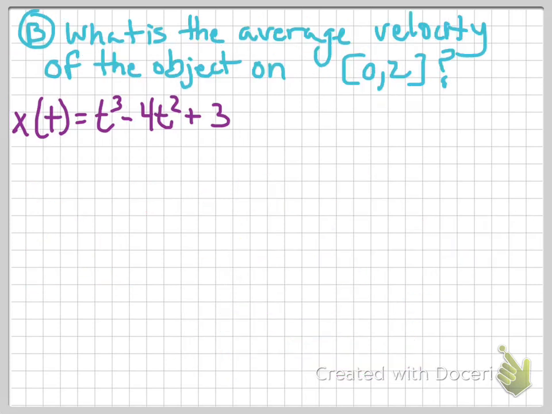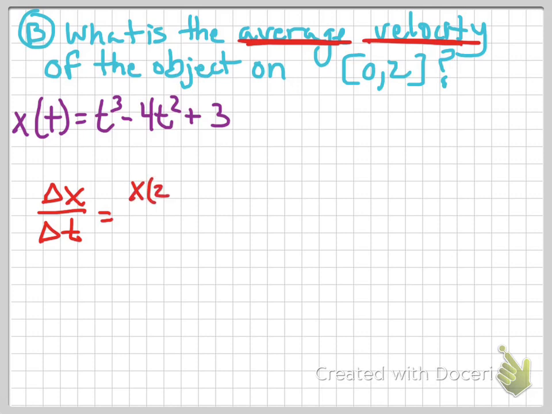Okay, so question B. What is the average velocity of the object on 0 to 2? Now, I see average, so I realize I don't need a derivative. Average velocity means average person can do it. From 0 to 2, I can figure this out. So I'm going to use my average velocity equation. To find average velocity, it is delta x divided by delta t, the change in x divided by the change in time. And I want to do it from 0 to 2. So I'm going to take x of 2 minus x of 0, and divide it by 2